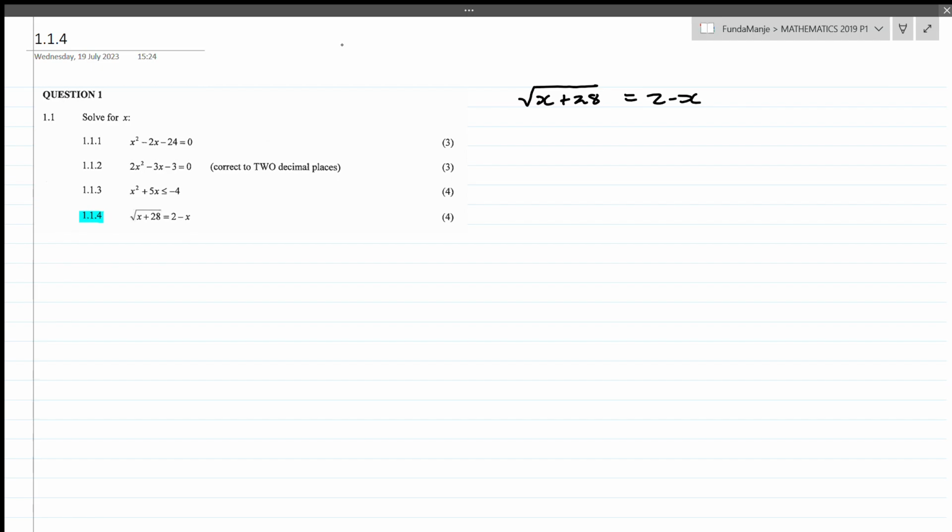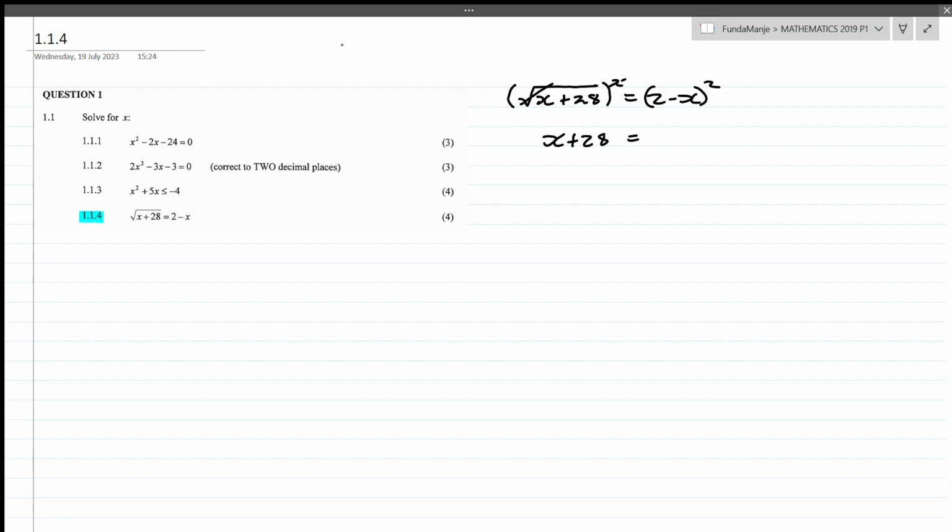So in this question, our first step is to get rid of the square root. Because our objective is to solve for x, we need to put all the x's together, but we cannot because currently there is a square root there. So we square both sides, because what you do on one side, you need to balance out on the other side as well. Then the square root cancels with the square, and we're left with x plus 28 is equal to